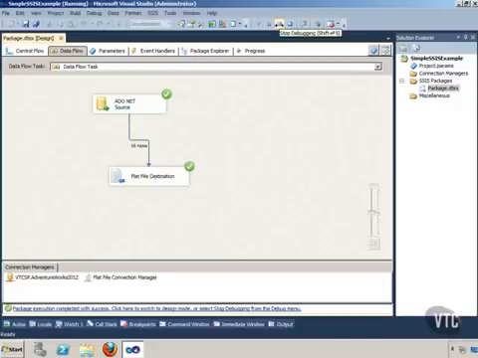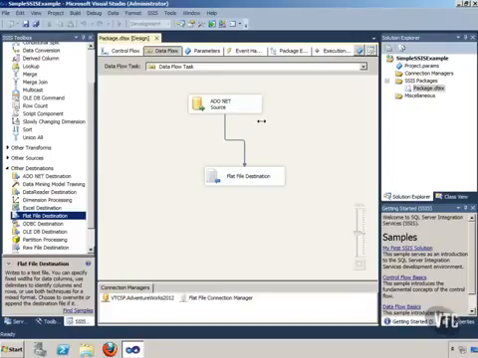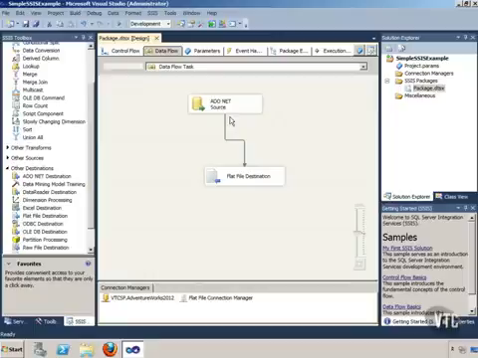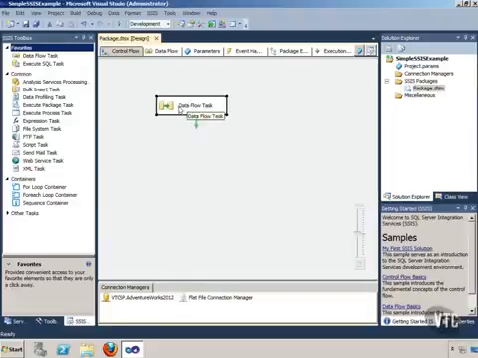Now I'm going to stop this package. We're still running in debug mode. Now I want you to notice something. This is a data flow, and this is the control flow. So notice all that stuff is going on. All of this stuff right here, these steps are going on inside this data flow task, okay? And we could rename this to be, move HR data, department data to flat file, whatever. What we've done here is we've created a simple one data flow task,